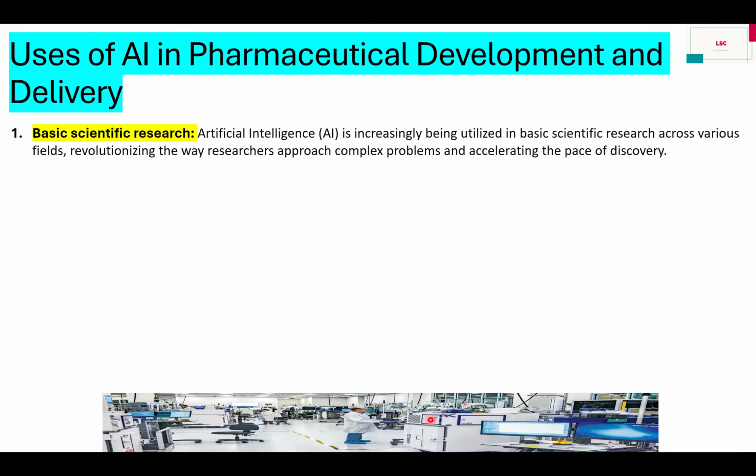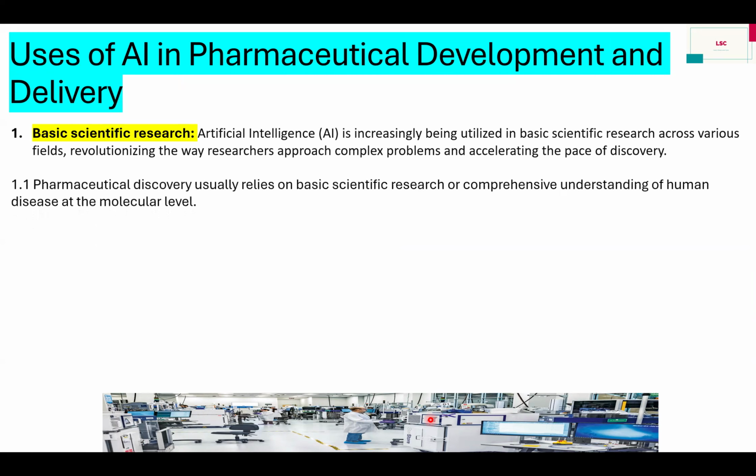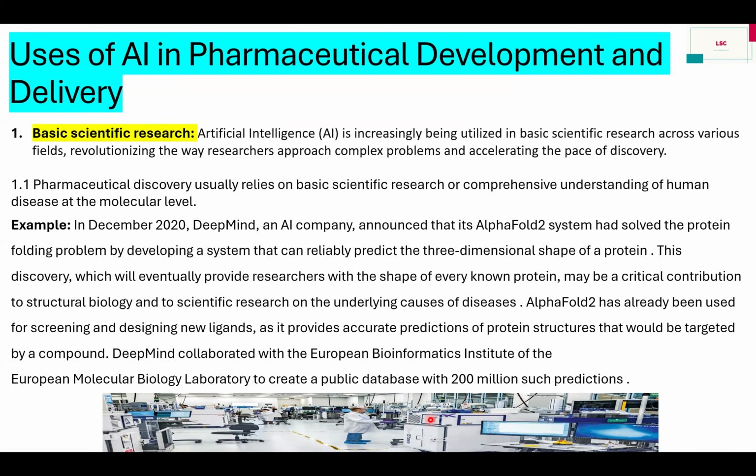Basic scientific research. Artificial intelligence is increasingly being utilized in basic scientific research across various fields, revolutionizing the way researchers approach complex problems and accelerating the pace of discovery. Pharmaceutical discovery usually relies on basic scientific research or a comprehensive understanding of human disease at the molecular level. For example, in December 2020, DeepMind,